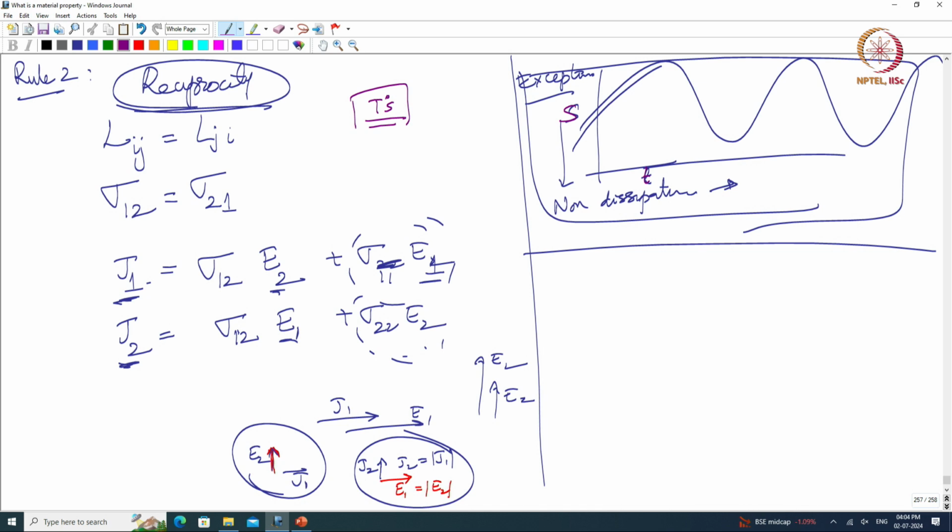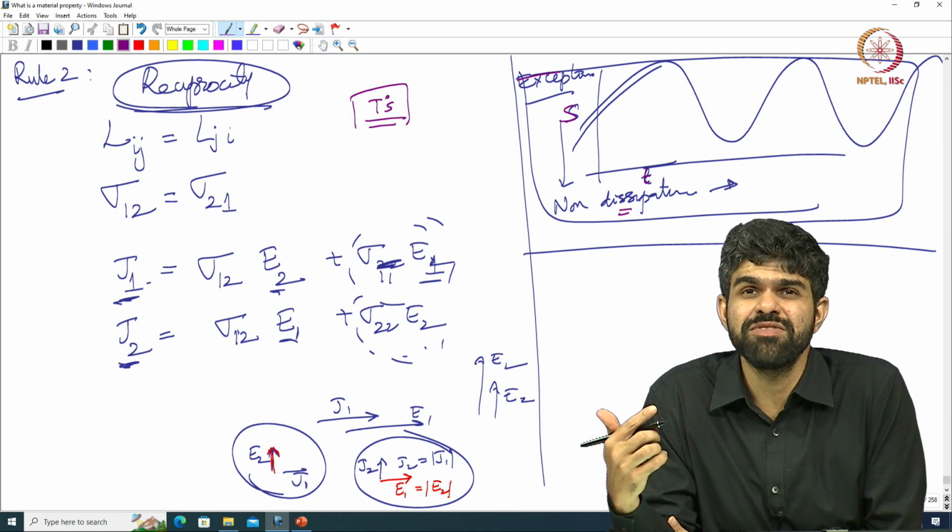Then what we get are not dissipative properties. Although they are out of equilibrium, they do not dissipate. So these are non-dissipative thermodynamic quantities. This sort of thing is an exception,